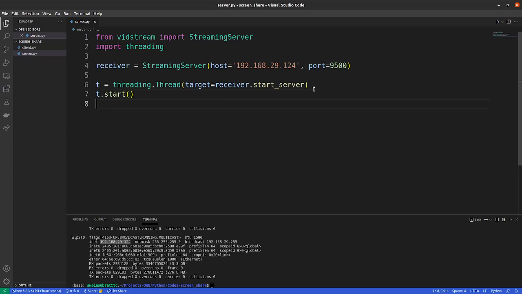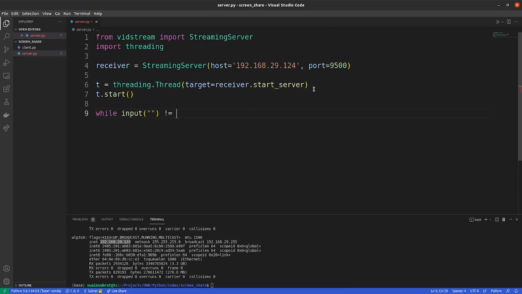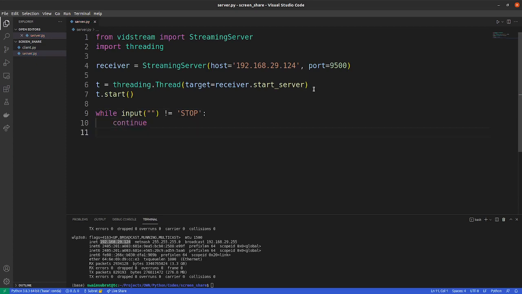Okay, and we will specify when to stop the server. So while input is not equal to stop, we will run the server, and till the input is typed as stop, we will run the server.